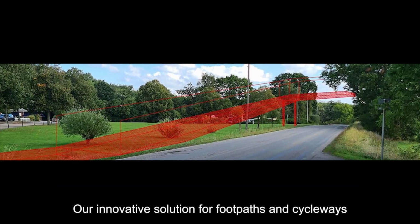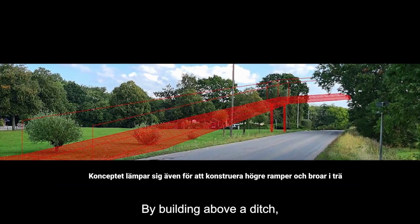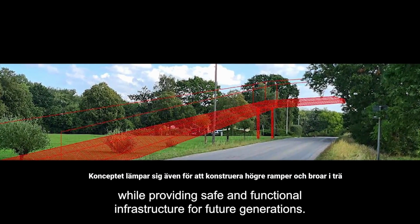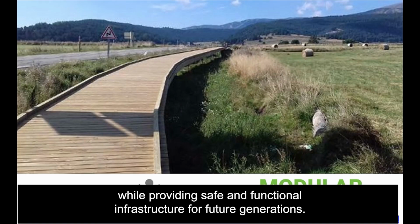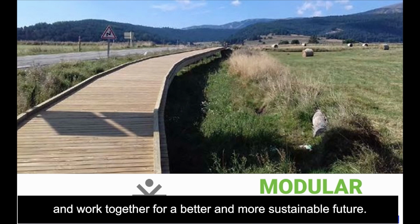Sammanfattningsvis är vår innovativa lösning för gång- och cykelvägar miljö- och plånbokssmart. Genom att bygga ovanför vägdiket kan vi minska vårt behov av resurser och begränsa vår markanvändning. Samtidigt som vi får säker och funktionell infrastruktur för framtidens generationer. Vi tror att vi har potentialen att göra en verklig skillnad och arbeta tillsammans för en bättre och mer hållbar